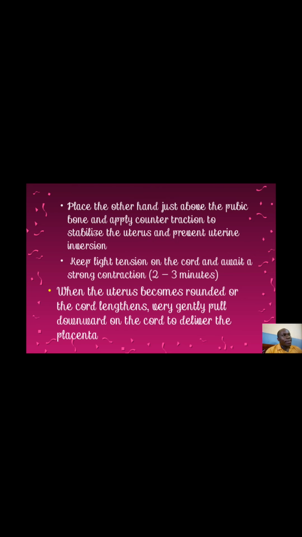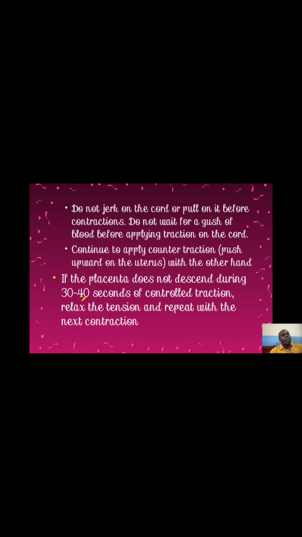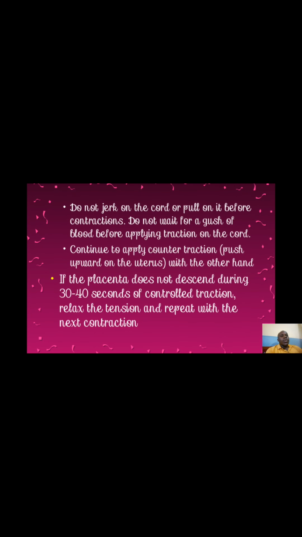But generally kwamba unaona mama anajisikia uchungu, kwa pale unaweza ukaanza pull controlled. Usipull kwa haraka kwa sababu unasababisha tearing of the umbilical cord. Do not jerk on the cord or pull on it before contraction. Yaani usifanye chochote kama mama hajisikii uchungu. Anapoanza uchungu ndipo kufanya hiyo controlled contraction. Do not wait for gushing of blood before applying traction on the cord,